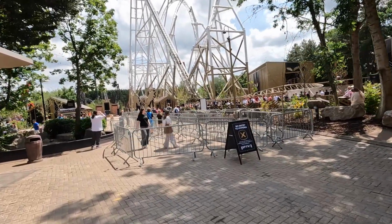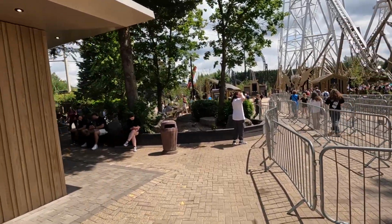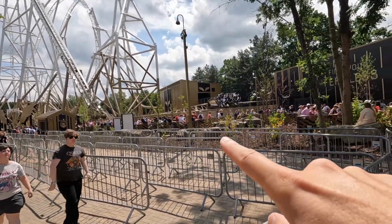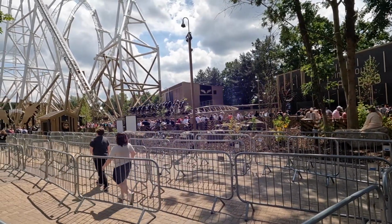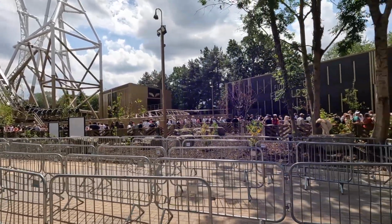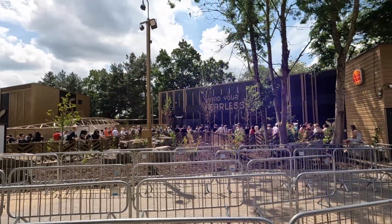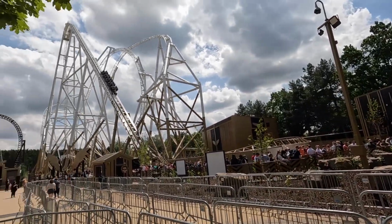Of course, you've got the cattle pen queue line that starts here. There's no entrance through here. You have to go around this side. And there you have Hyperia right in front of us. A little bit of landscaping going on around here. I love that outward bank curve coming out of the station. It really does offer great interaction with that queue line. You've got the maintenance shed just to the right there with the Find Your Fearless logo and all the gold theming on there. The music playing in this area as well